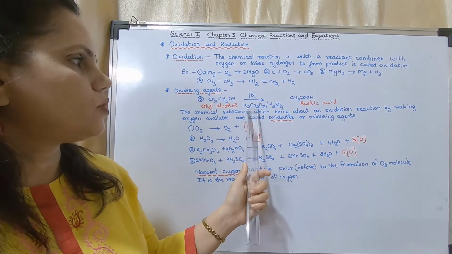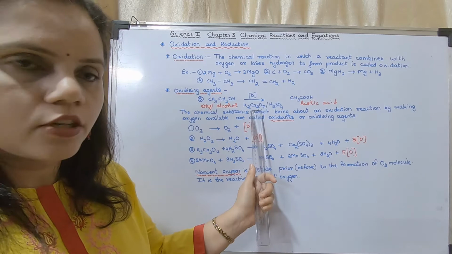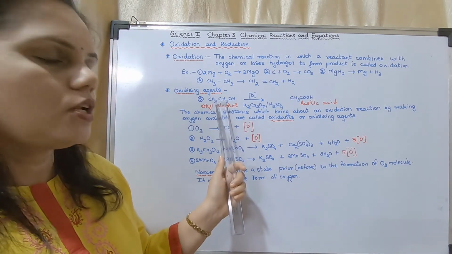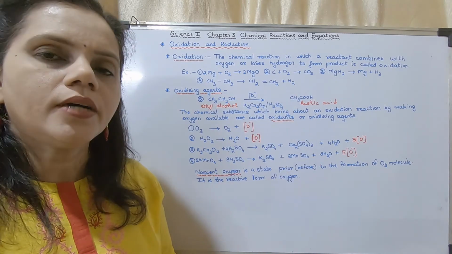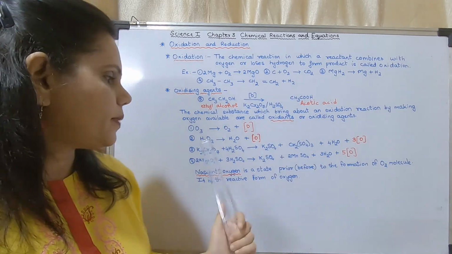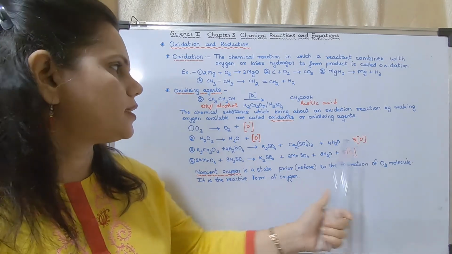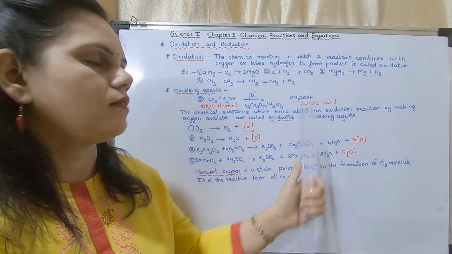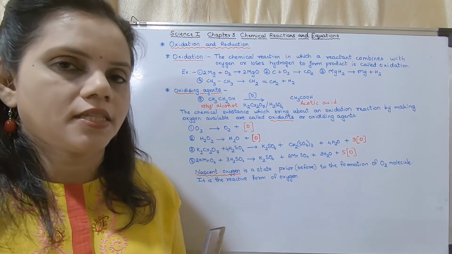So here you may see this is potassium dichromate, this is also potassium dichromate. This is the reaction which is taking place. So to this solution, if you add this, then this will get converted into acetic acid. Why? Because these two will react and produce nascent oxygen, and that nascent oxygen is available for ethyl alcohol, and ethyl alcohol will get converted into acetic acid. So this is an oxidation reaction.